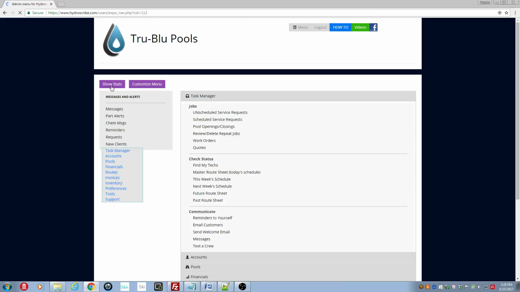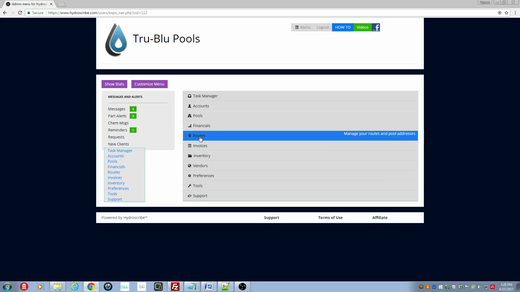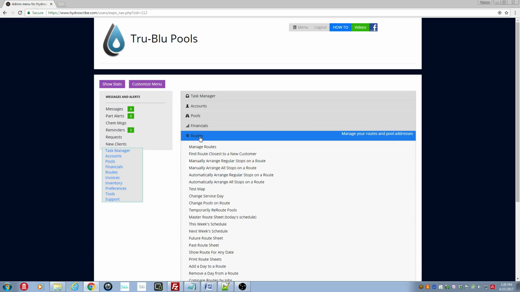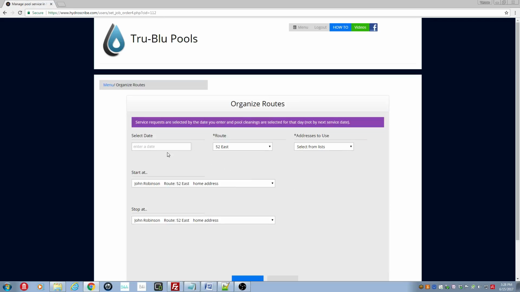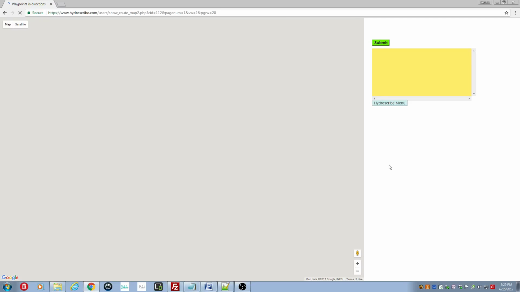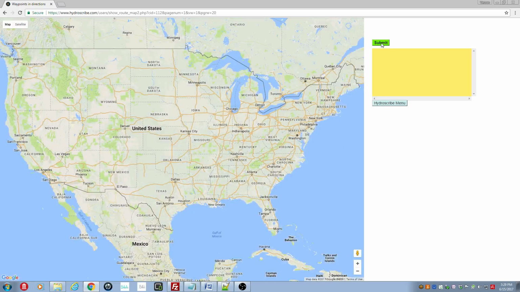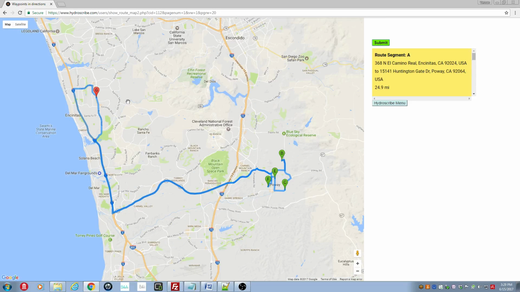So now I'm going to go back and automatically arrange this route, and it will include that service request. So I go to routes and I go back to automatically arrange all stops on a route, and this time I'm going to select the same date, which is today's date, select the same route, and I'm using the address from the list just to make things easy and simple. So I click the submit button to bring up my map, and now I'm going to say plot the addresses on the map. So I click the submit button to do that, and now it plots all the pools